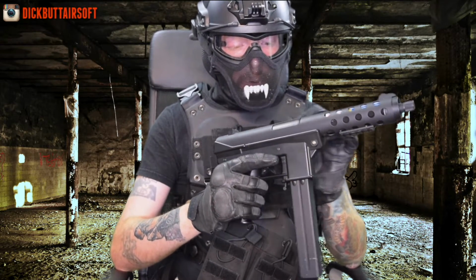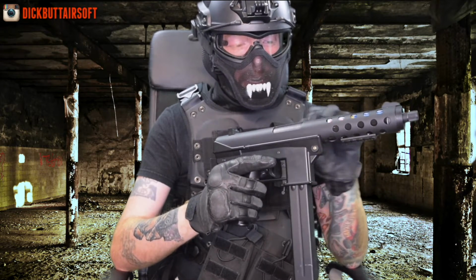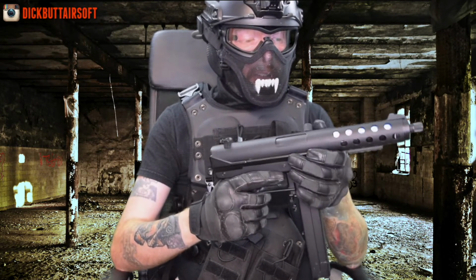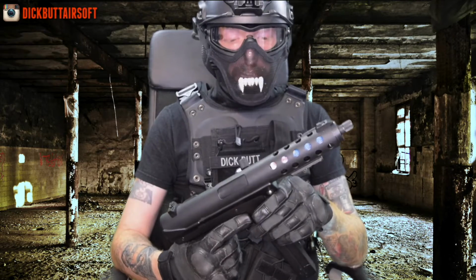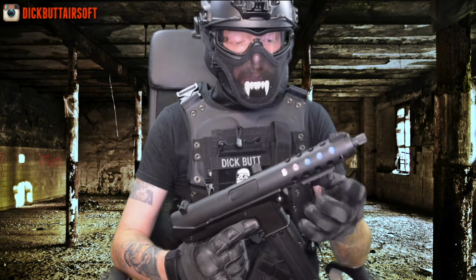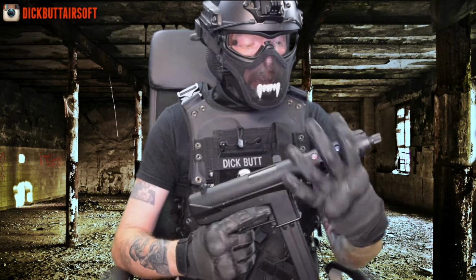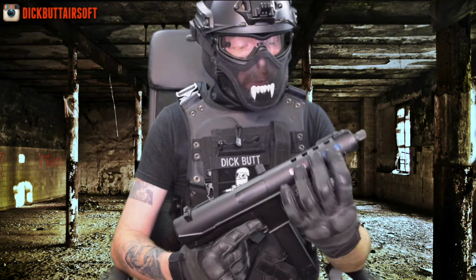I don't like the door as much on this. It's really thin, flimsy plastic. And also the charging handle is held with retention from a spring that runs all the way down the barrel. Why that could possibly be an issue is with battery space, because you obviously want to still be able to adjust your hop up once your battery is in. So my battery is actually a butterfly style, and it's kind of cramped over to the right side here so that the spring can...